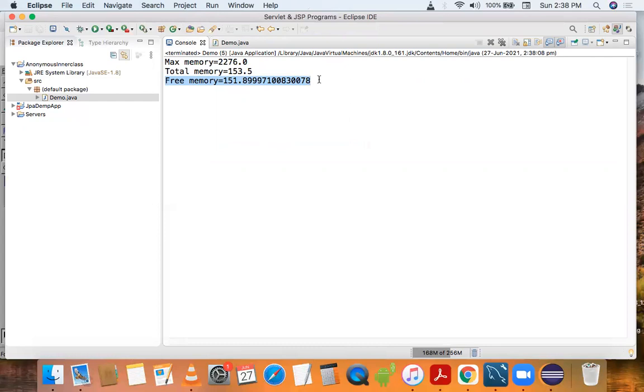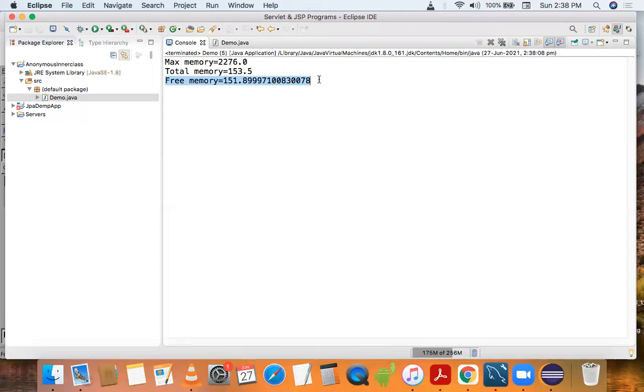So basically the heap size is fixed, but we can increase or decrease heap size according to our requirement. So we can also set a maximum heap size, minimum heap size, total heap size.